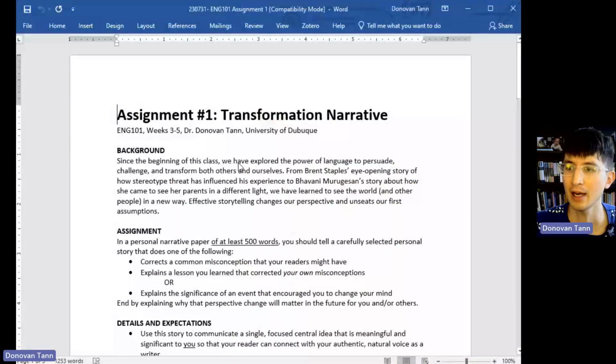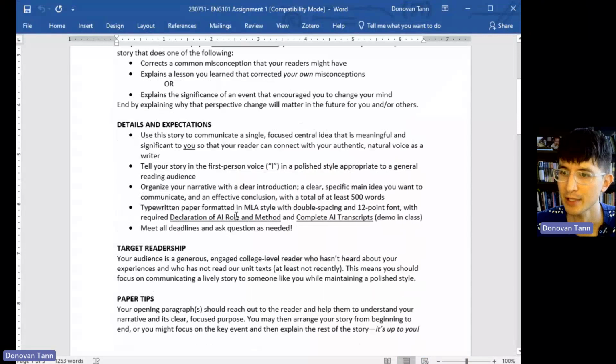This video will show you some of the information that you're going to need, but you'll also need some of the links and resources from our Moodle page to complete the assignment. The first thing that we'll do here is take a look at the assignment itself. And remember, this may look different depending on your specific class, but here we're going to look at an example from English 101.